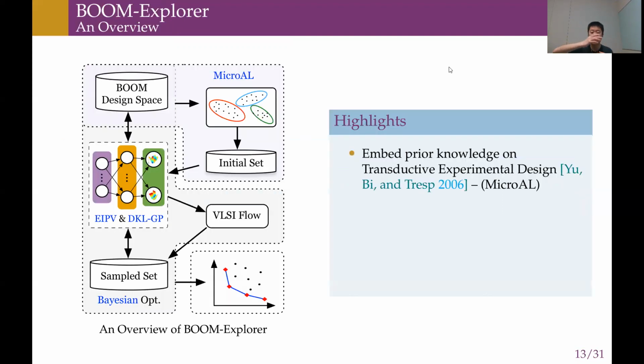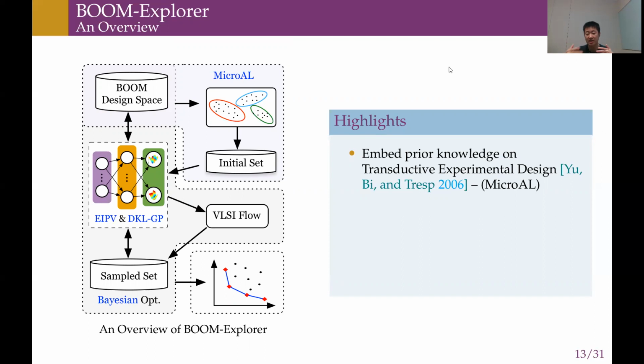As you can see in the left figure, it shows the overview of BoomExplorer. And in the right figure, the first highlight is that we embed prior knowledge on constructive experiment design. Unlike previous methodologies, which just build a black box model, they do not know why their black box model works, and don't even know how to improve it. So here we combine prior knowledge on RISC-V BOOM microarchitecture and an active learning algorithm. So we think that this can form